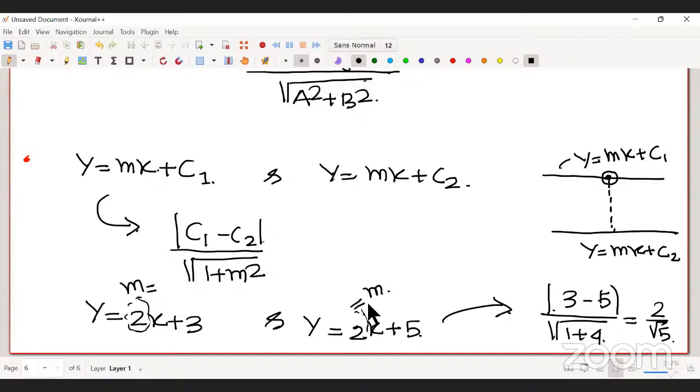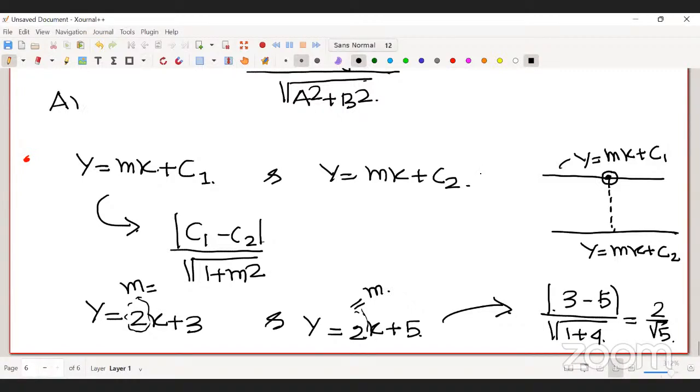Sir, the formula for two parallel lines, so the formula is mod C1 minus C2. Sir, in upon, don't we use a square plus b square? No, actually, see, you have a slope, right? So you can actually write down the slope in terms of a and b. If you convert that formula, generally, if you have a